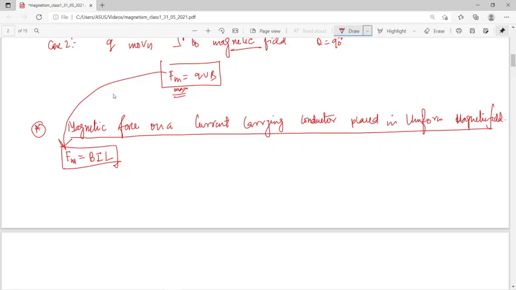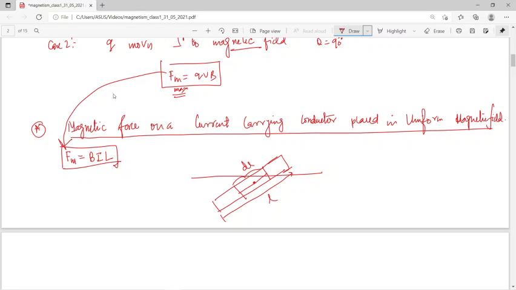and that is in a direction opposite to the direction of conventional current, because electrons' direction and the current direction are opposite to each other. So we know that electrons moving in a uniform magnetic field experience a deflecting force. So we are considering, say, this is the corresponding conductor, and we know that the total length of the conductor is L. So we are considering a small portion of it, that is dl,